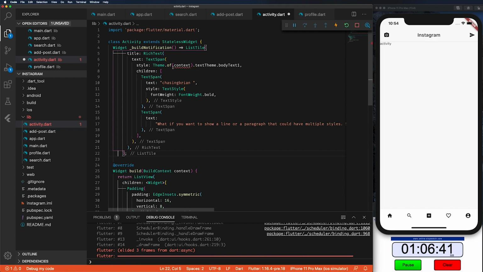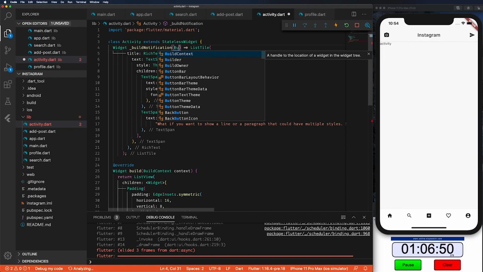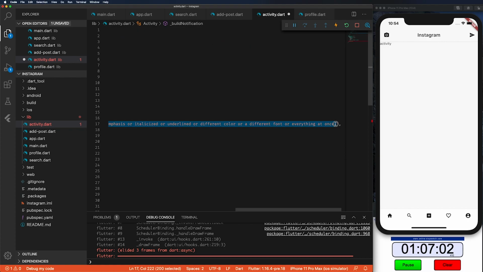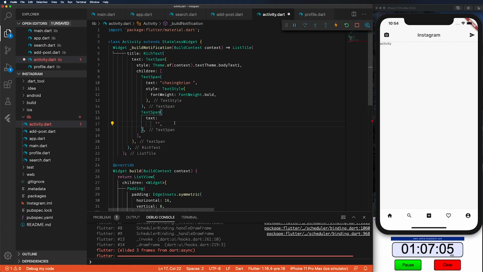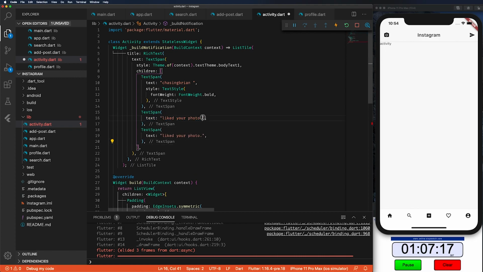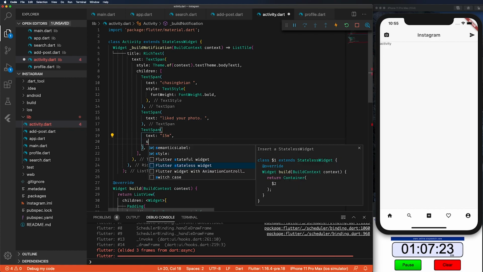There we go. So now, context is under red because we're not asking for it. We're outside of the build context, so as long as we ask for it when we introduce it, it should be fine. So now we're going to have the username, and then whatever the notification is, something like liked your photo. And then after that, there's going to be another thing that tells you when, something like 15 minutes,